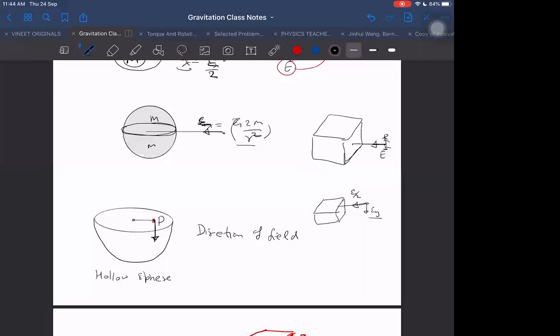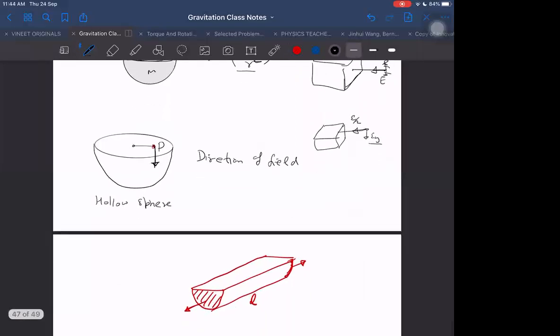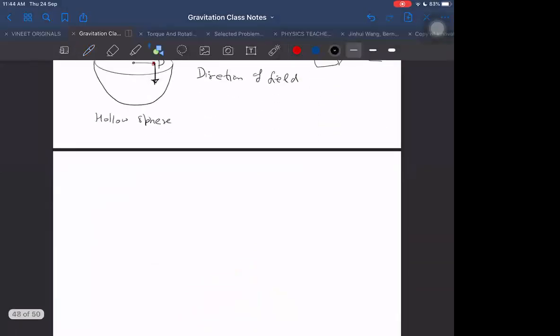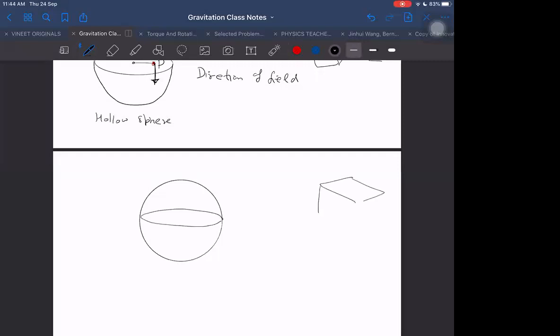The reason? Can somebody think of a reason? Now, this reason again comes by symmetry. What I will do is make a hole in this thing here. And this is valid only for a hollow sphere. Don't apply it for a cube, etc., because for a hollow cube we don't know how the field will be inside. It may be non-zero, and how it will be, we don't know. But for a hollow sphere, we know the net field inside is zero.